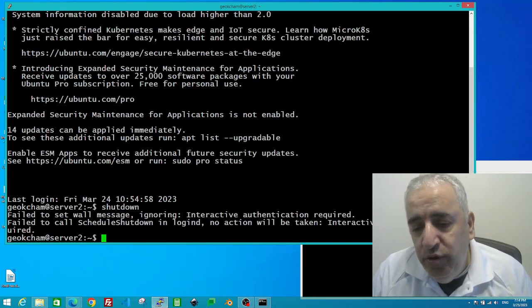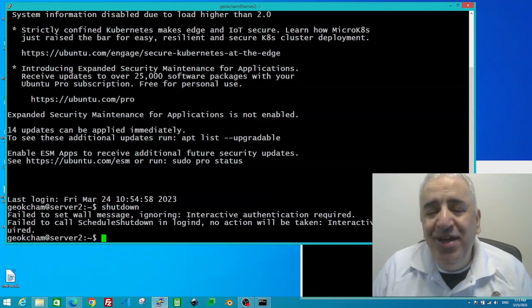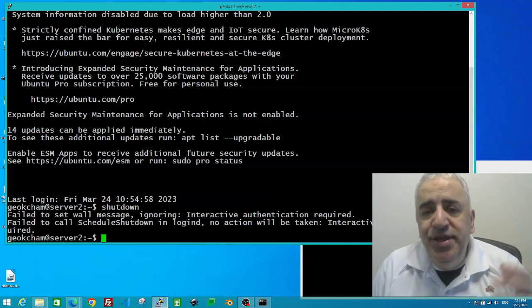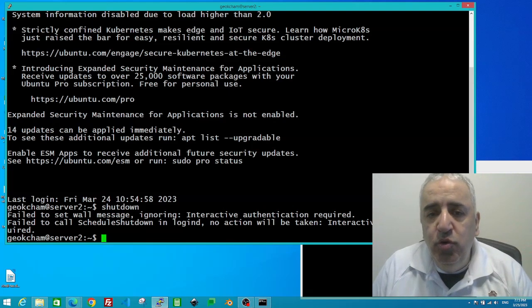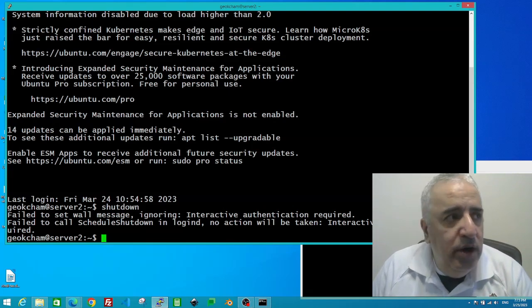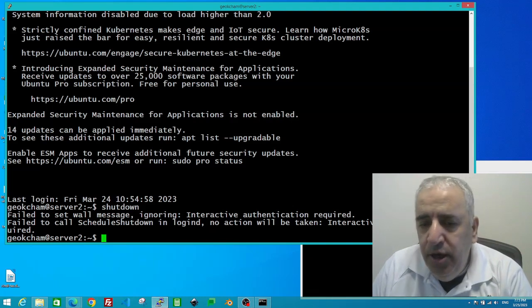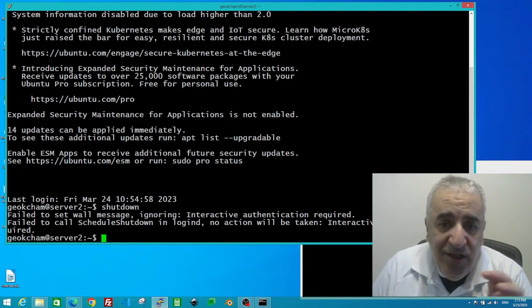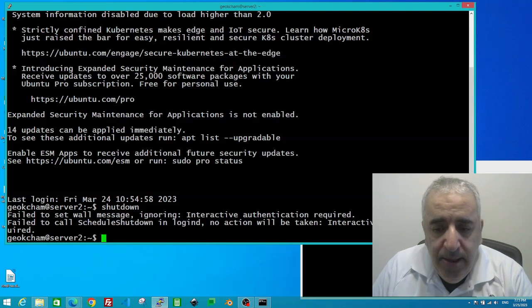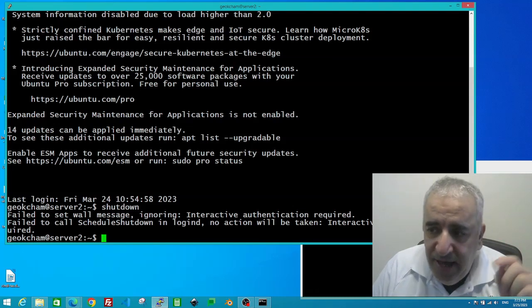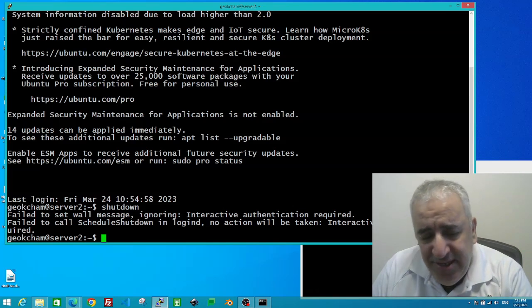You have to use sudo in this case, because I tried it before and I had to figure it out. Usually the system will tell you when to use sudo. It'll tell you you're not in a sudo file and other error messages, but it will let you know it's a sudo issue. But in this case, if you want to shut down the system, you need authentication, it says,